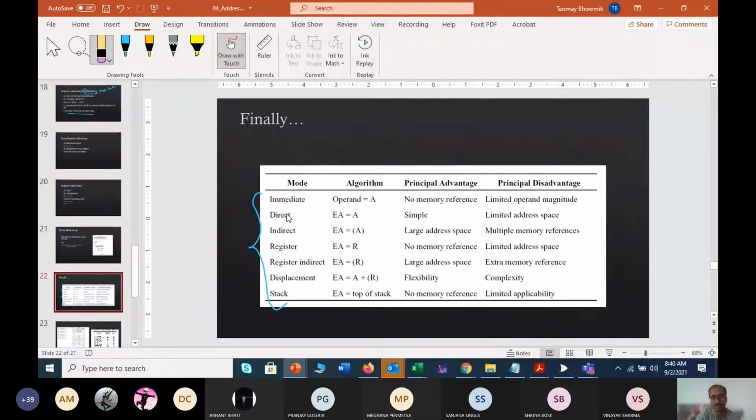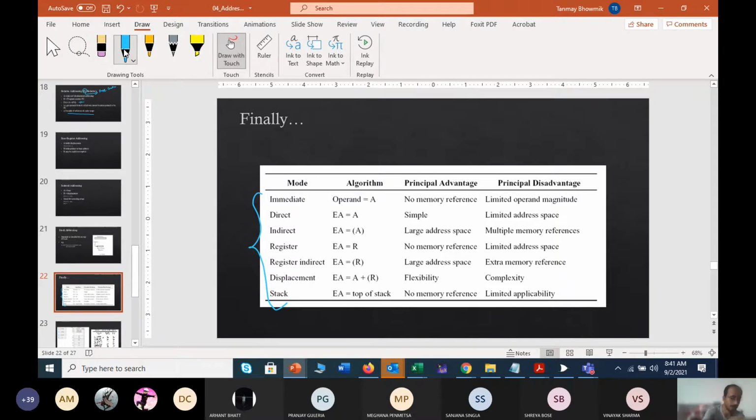So what's the difference? The difference is very clear. In immediate, this is your operand itself, and in direct, this is not your operand, this is your effective address. That means for the operand, you have to go to this address.